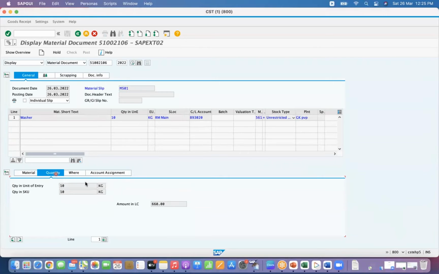And that's why the total value has come as 660. It means that the amount in LC will be taken from the material master price. If the material master price is 0, the system will upload the stock with 0 only. So that's why for the 80 materials, you have to tell the logistics and finance